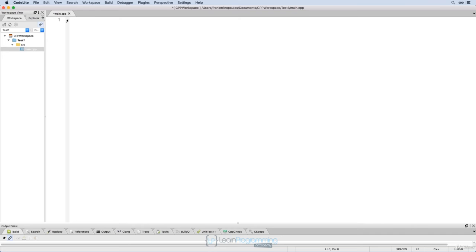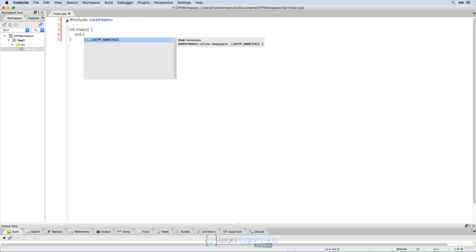So the first thing we want to do is type #include, and we want to put iostream in angle brackets and press enter. Then int space main, left paren, right paren. Then we want to open up a left curly, and you can see that the IDE has closed it for me. And then I just want to say std, 2 colons side by side, no spaces, and then cout, the insertion operator, which is 2 less than signs, again together with no spaces,